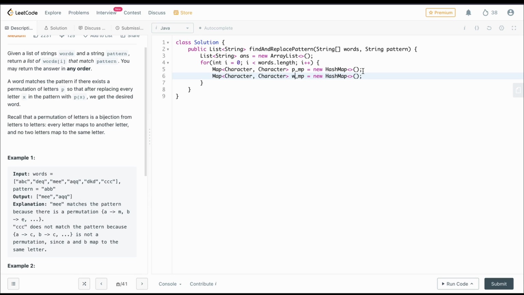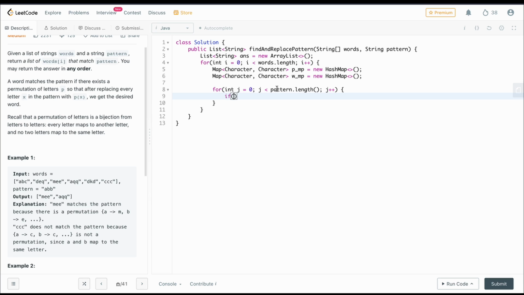We name it wordMap. Then we loop through each character in the pattern as well as in the word, so we create a j loop: j less than pattern.length, j plus plus.